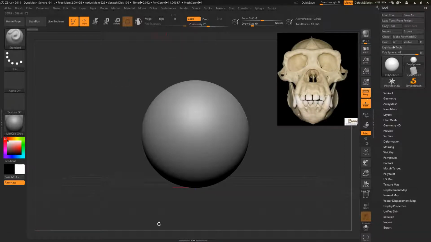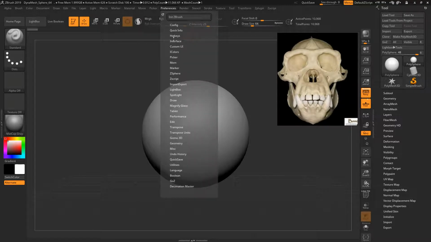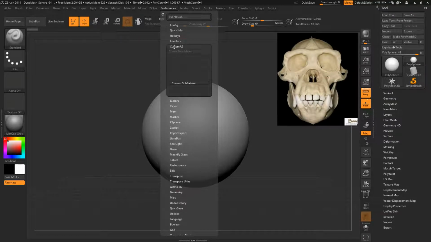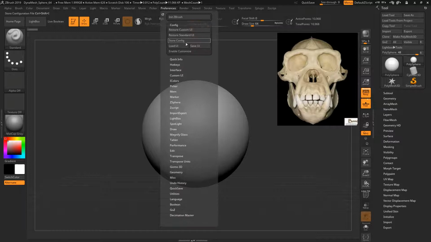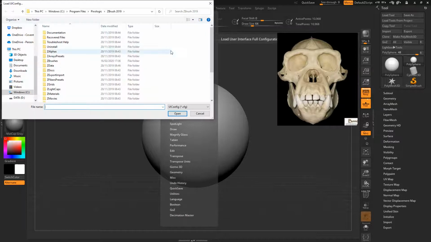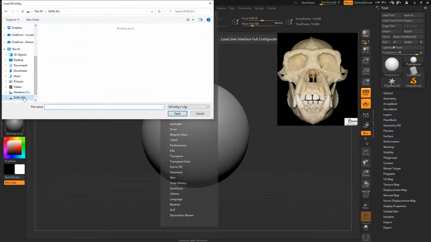And before I start, I want to load up my custom UI setup. Again, I run through this in a previous video, so go watch that first. And I'm going to load my custom UI. In fact, I'm going to go to config and load UI. And then I've got